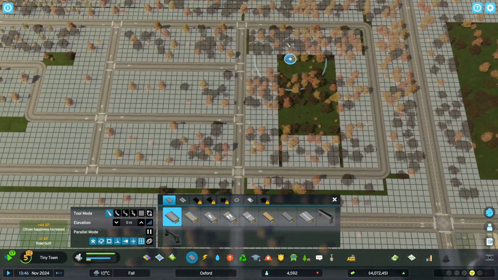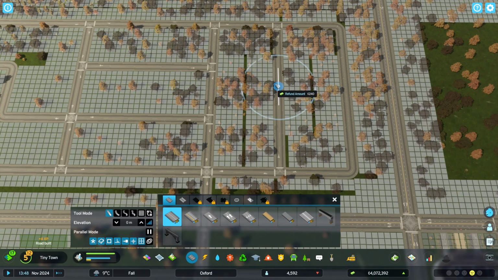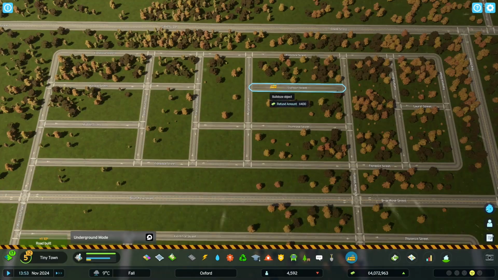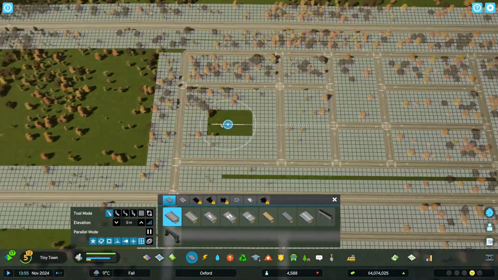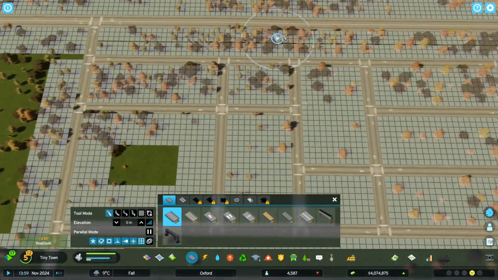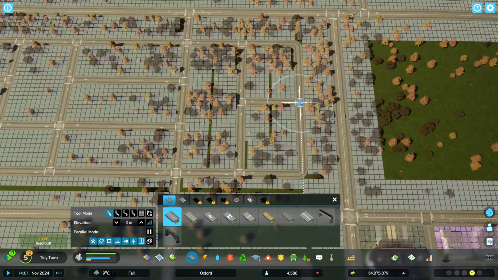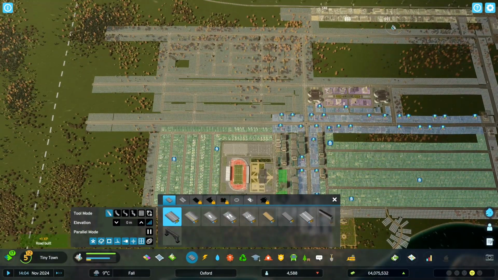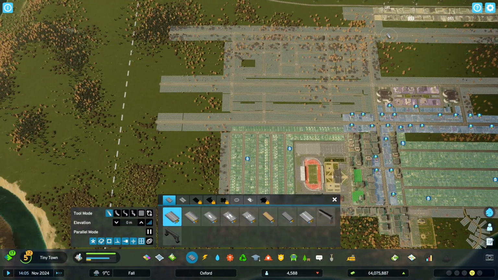Just adjust this just to make it a bit more interesting than the typical grid. Not thinking too much about how I'm placing it down, just trying to come up with a few different patterns so it doesn't look too identical. Again, just a few connections to the medium roads. Don't want to cause too many places to stop, so that's kind of how it looks from slightly further out.